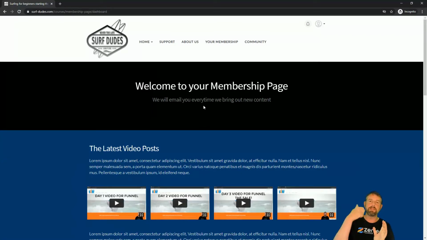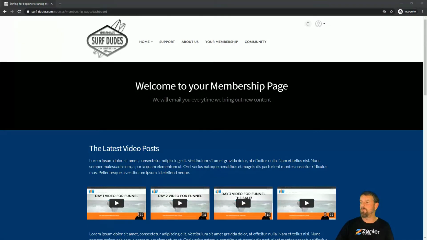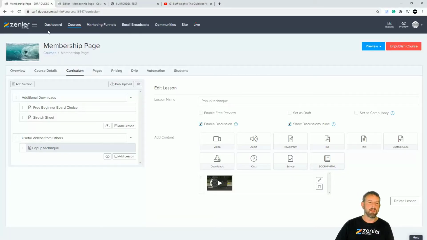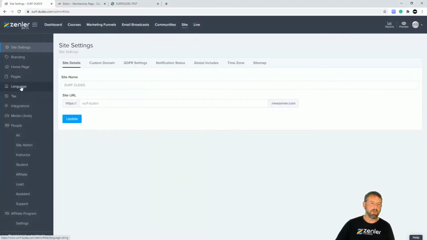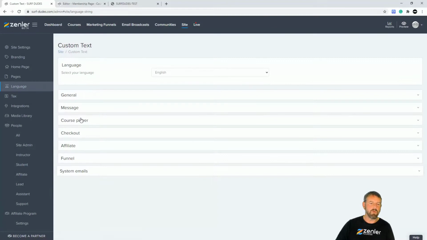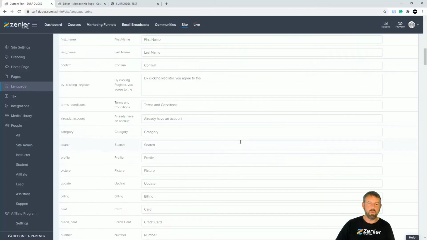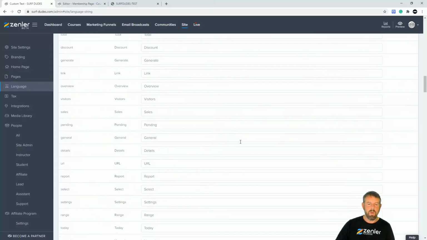So I've shown you tiers, I've shown you bundles, I've shown you how to set up these pages, and I've shown you how to change this where it says my courses. I'll just show you quickly again. If you're looking at this course on its own, to be able to change that my courses bit, what you can do is go into site and then into languages. So instead of my courses, you can come down to where it says, I think it's under general, and you can scroll right the way down here, and where you see,